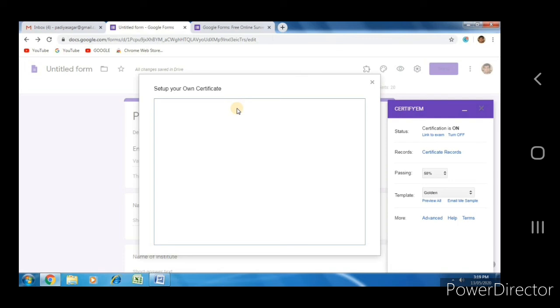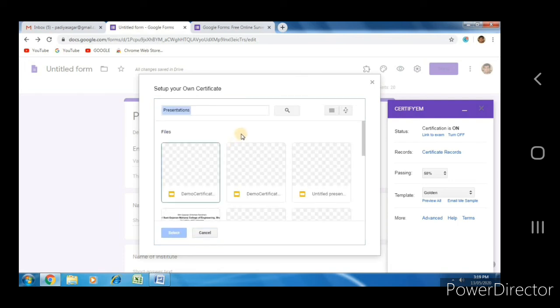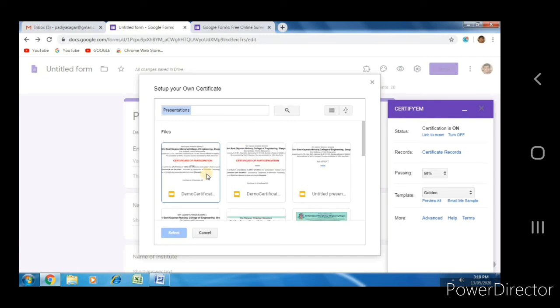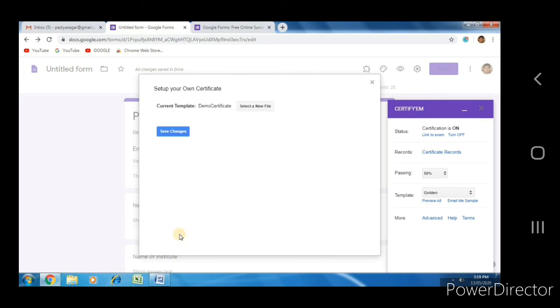In Google Slides we have designed lots of certificates, but recently we designed the certificate with the name demo certificate. I have to select this demo certificate that we have designed and save these changes.